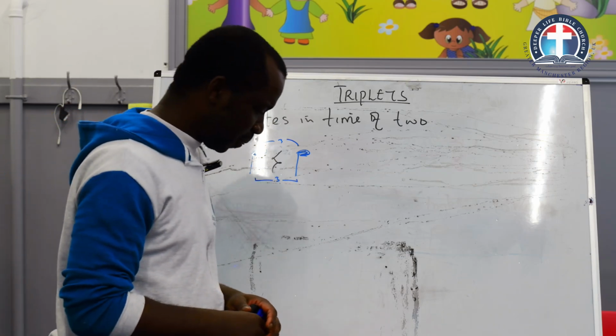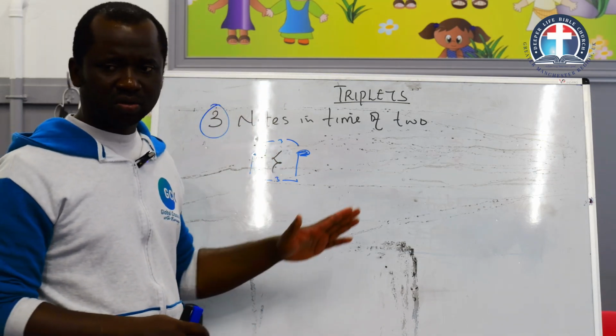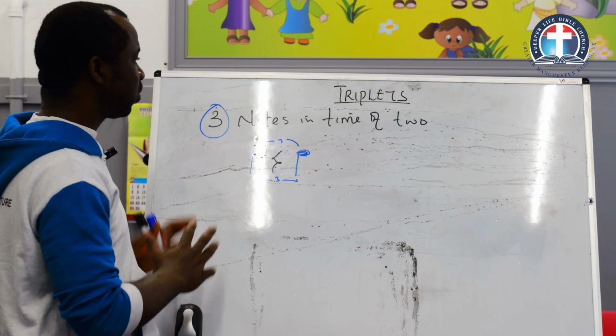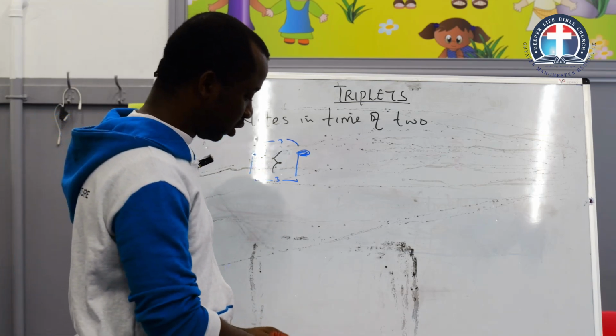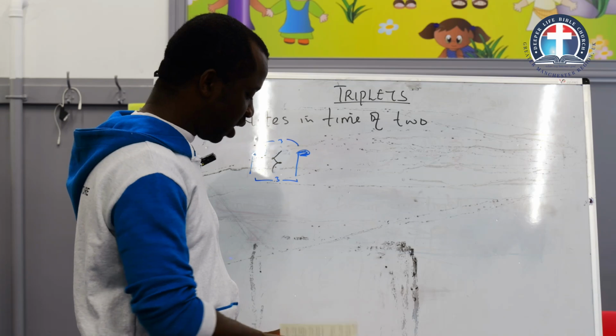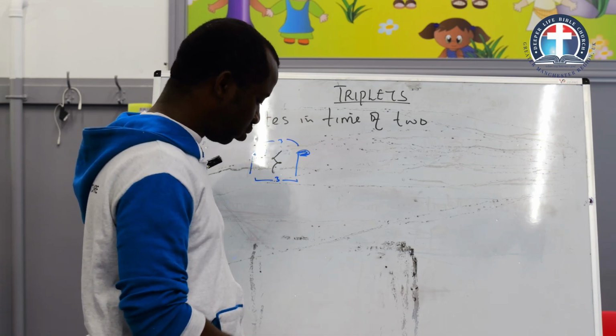And this is just an example using crochet. It can be any other note. Okay. Any question on this? Okay. So no question on that. So we move on to